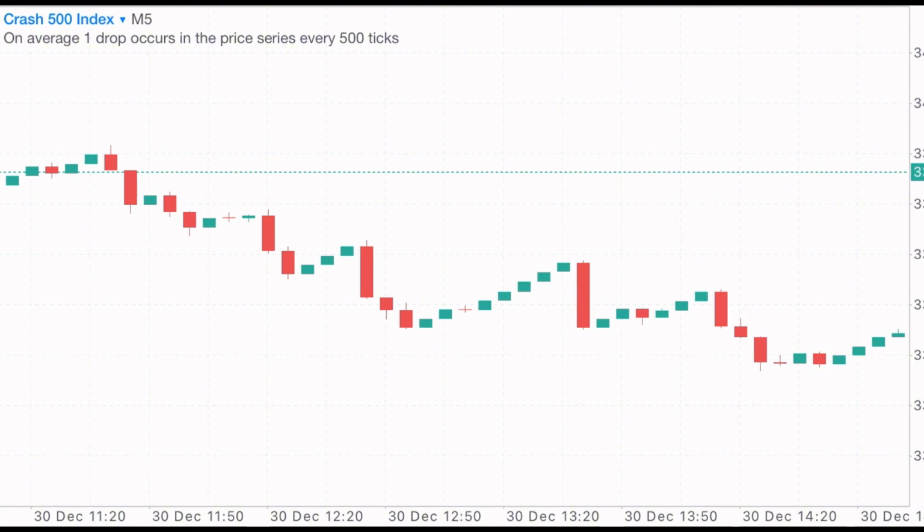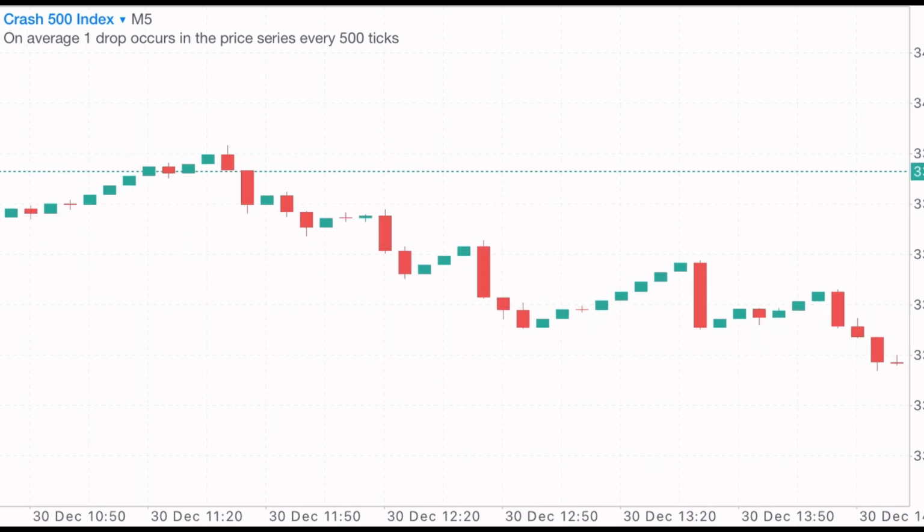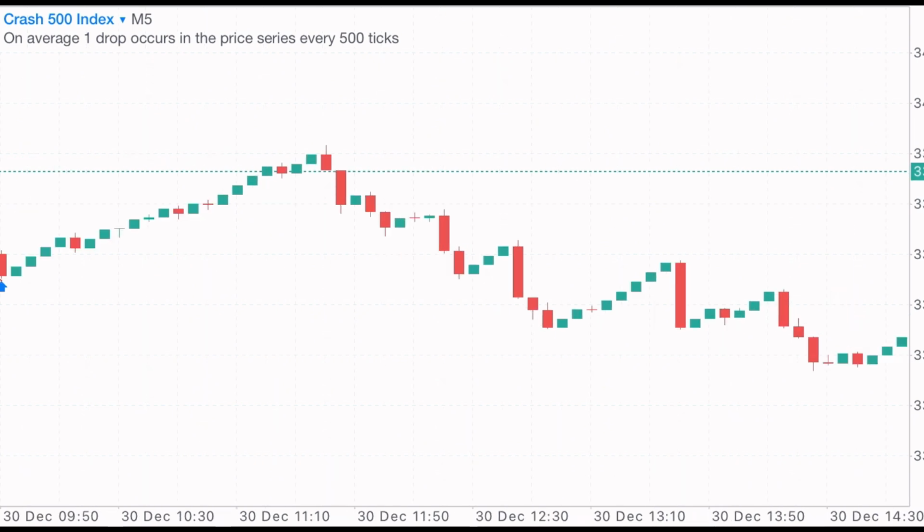Okay, then for price action as well, we all know that when price gets to the higher high, the market will sell. When it gets to the lower low, the market will buy, right? So that's for forex currency pairs, but now we're trading crash and boom, which is synthetic indices. So you can see at this point as well,